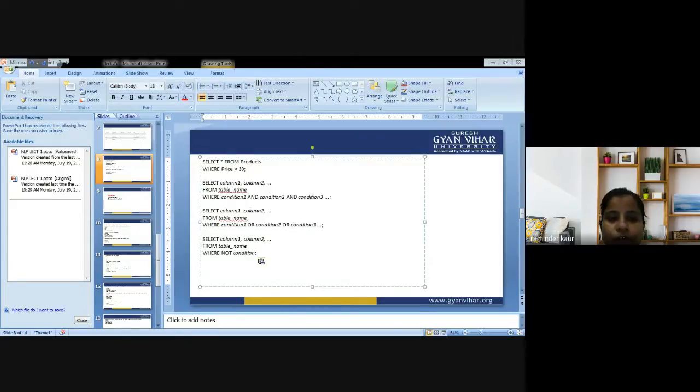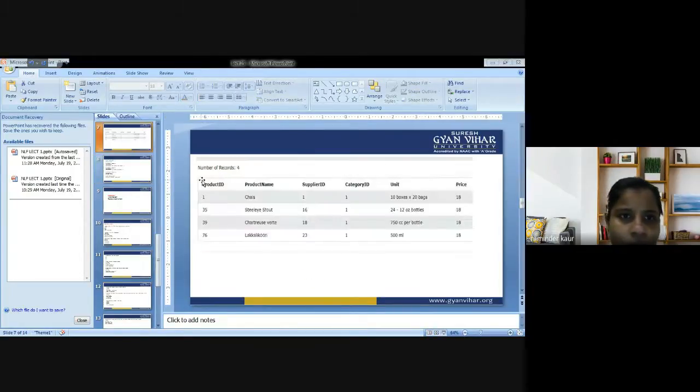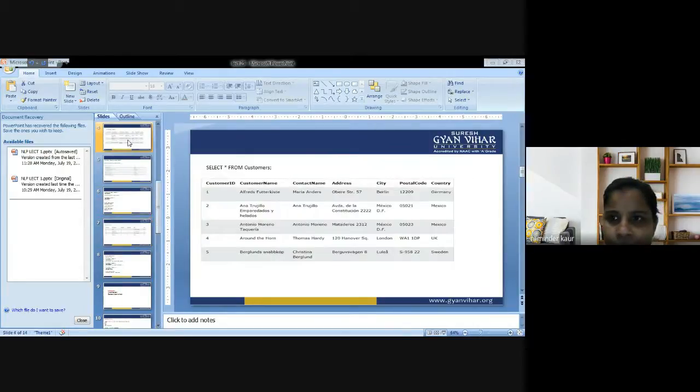Next, we are supposed to have a look at the first example of the AND. Select star from customer where country is equal to Germany and city is equal to Berlin. Then have a look at the table if the condition is there. Country Germany and city Berlin.